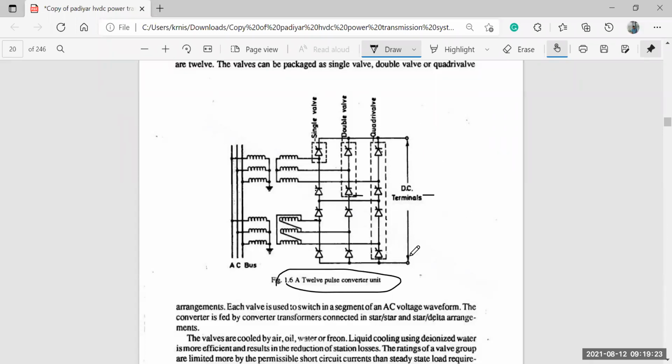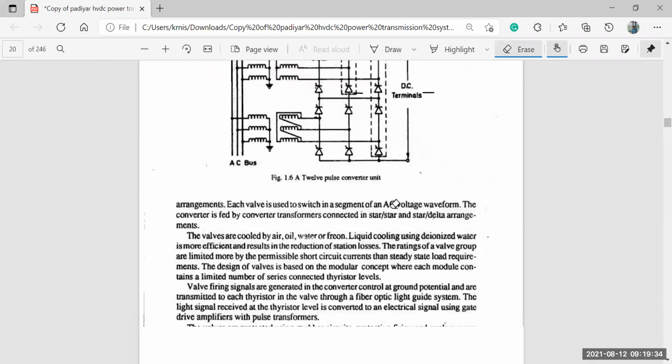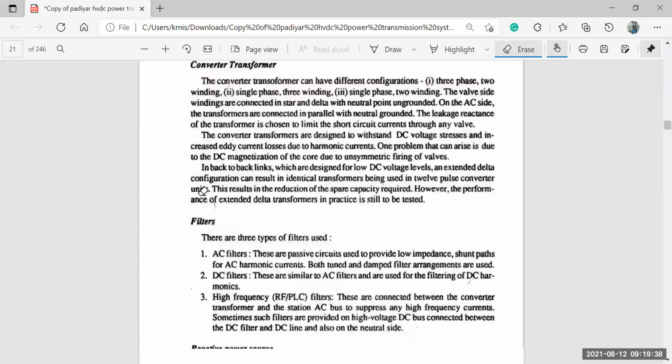Okay, this is your DC terminal, so these operations are there. We'll look into this segment, and in later courses you need not study this. Okay, the another segment it has is